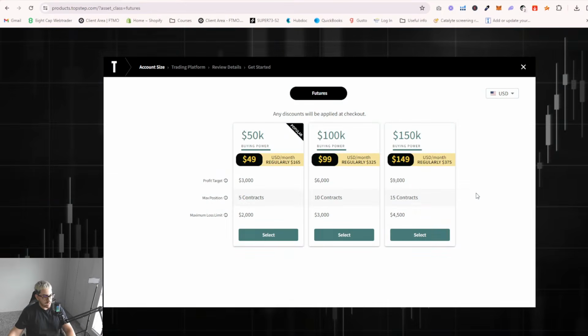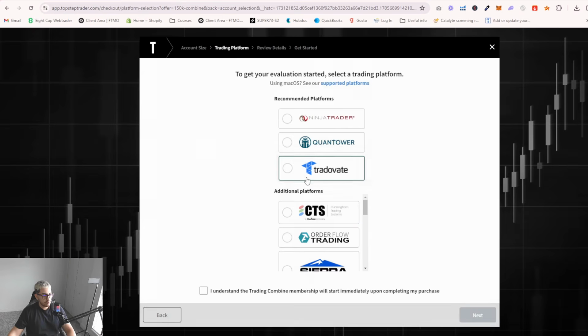All right, so I'm just going to use Topstep for this example. It's the same thing on My Funded Futures. It's the same thing on Apex. It's pretty much the same thing on any futures prop firm. You're going to be prompted by choices of account, right? You're going to pick your account, whichever account you want. It doesn't really matter. So if you go select, it's going to bring you to the next step, which is